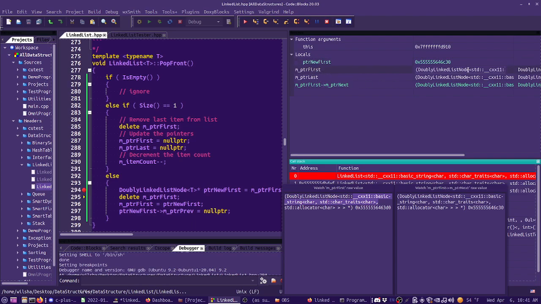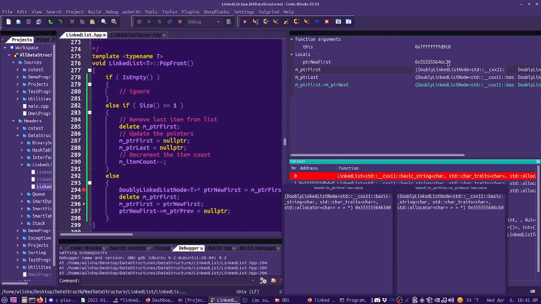Pointer first itself should then be destroyed, which isn't going to update the address. It's just going to delete that memory. Now we're updating pointer first to point to this address instead. So then, let me see, pointer first,